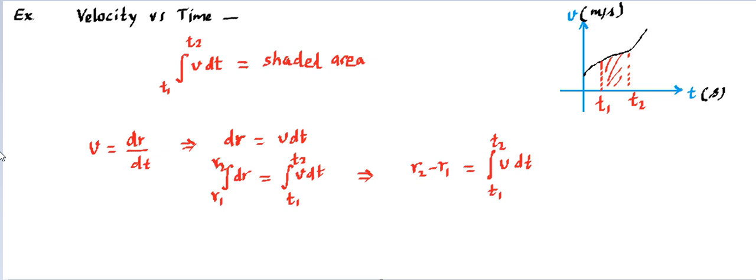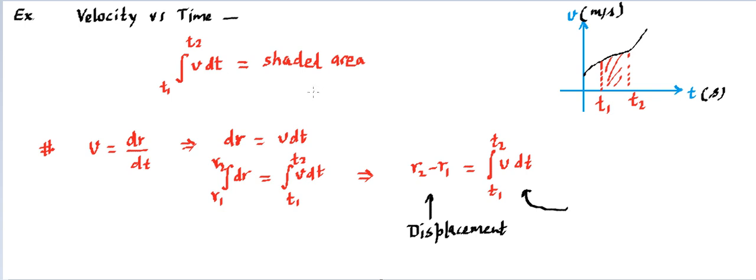Now, what we have started from this point onward, that's the physics. This is the definition of velocity, and from the velocity definition we are trying to find the displacement. Now r2 minus r1 is the final position minus the initial position. Whenever we say final position minus initial position, that's basically displacement. So this is indicating the displacement of the particle from t1 time to t2 time. This displacement is equal to this integration, and this integration, if you see clearly, is the same expression which is equal to the shaded area.